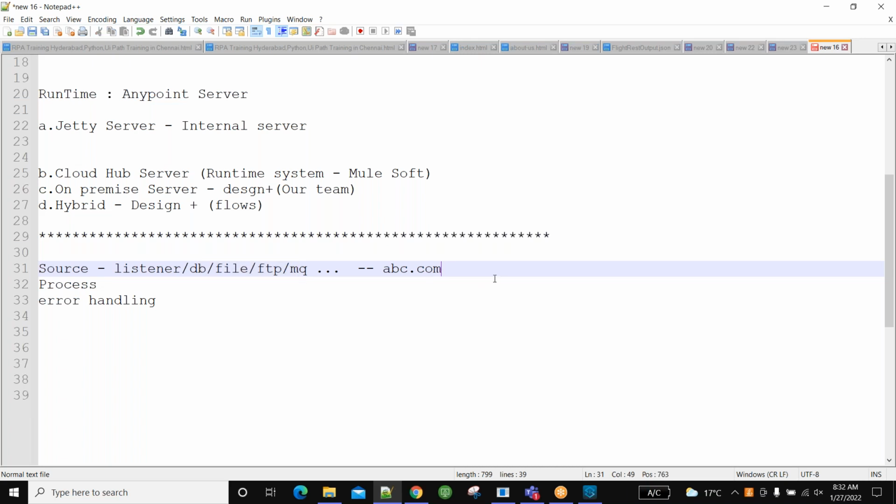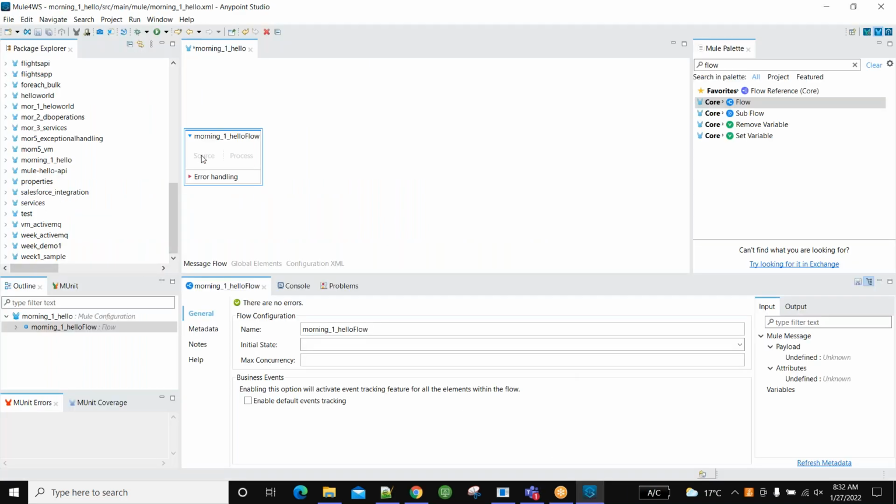That technical document will be given to the developers, and developers take the technical document and start framing our flows. What to keep here, what our source point is, will be in our technical spec doc. So you don't need to be confused. But interviewers, even though you have not been involved in that part, will ask whether you know the process or not. They will test your knowledge, so you have to say it.